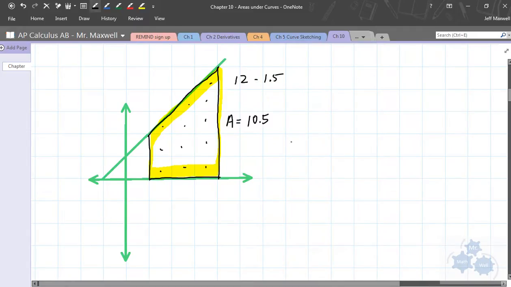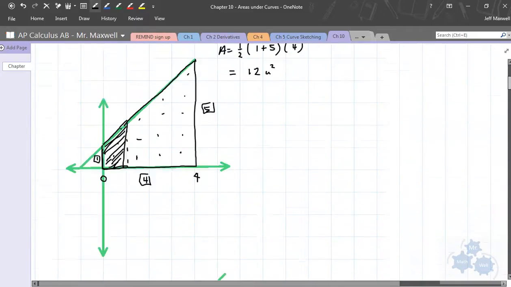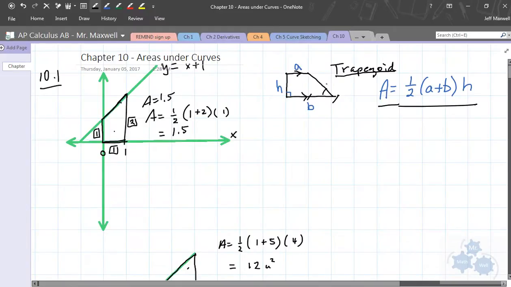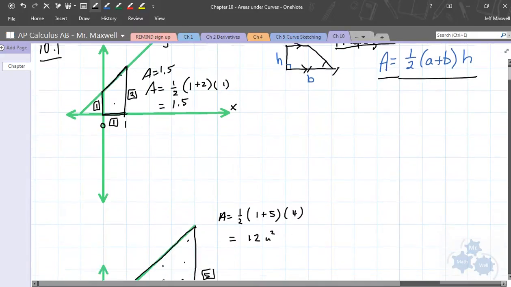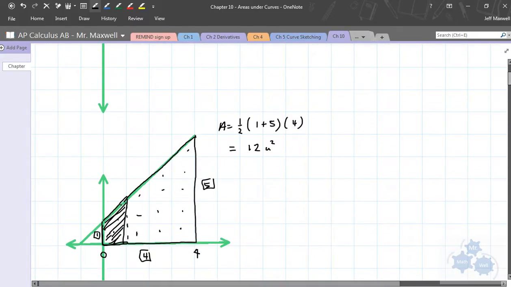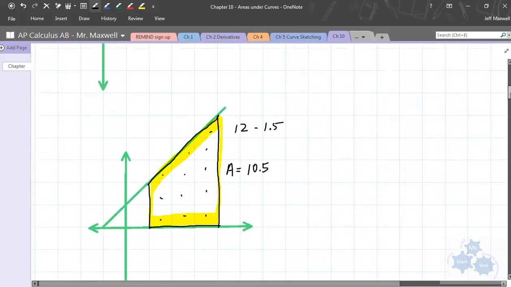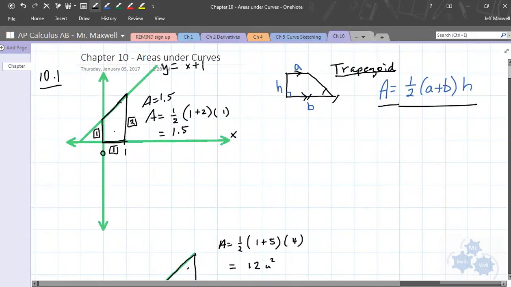So from there, first of all, I want to just reiterate a couple things here. Trapezoid. If we use a straight line and we use the axes, x and y, and a straight line, we can form a trapezoid. And we could pretty easily, with non-calculus methods, find the area of the trapezoid. All right, what I want to do now